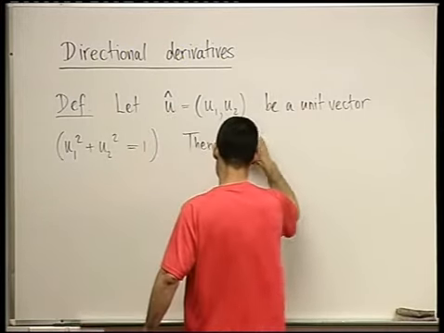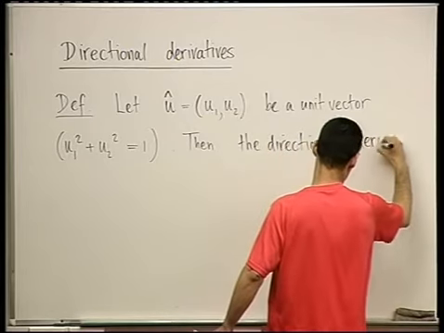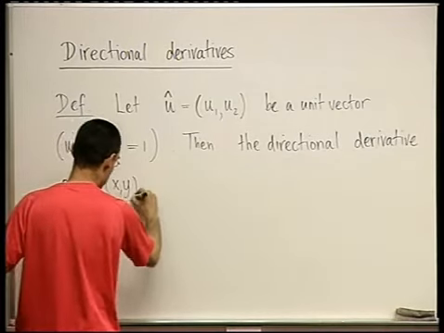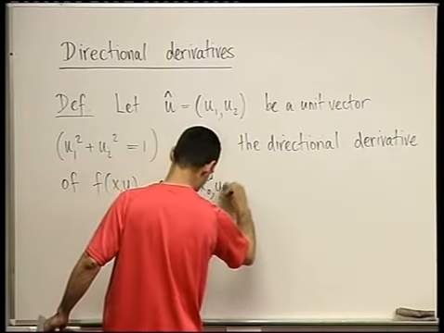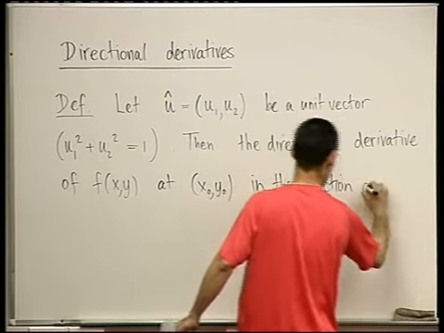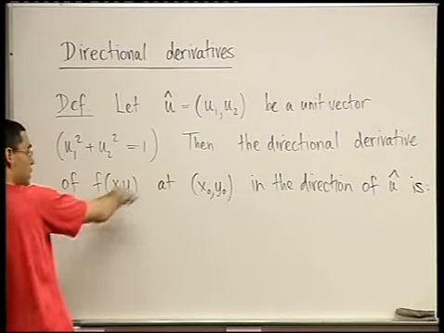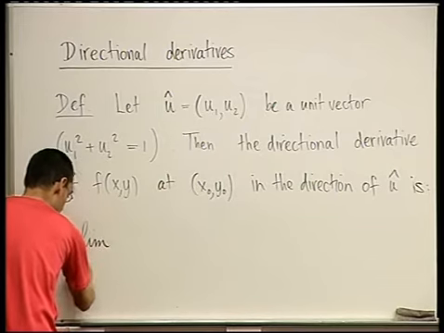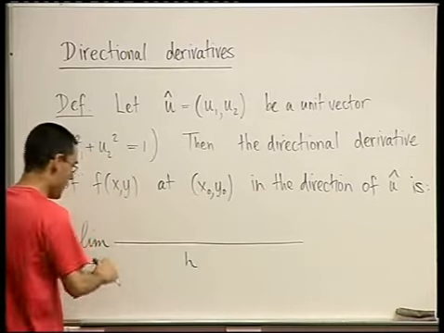Then, the directional derivative of, and this is for a function of two variables, one can generalize it, of f(x,y) at the point (x0, y0) in the direction of u is, so the directional derivative of the function at a specific point in this prescribed direction is given by the limit as h goes to 0 of, we're going to divide here by h, and it should resemble what we